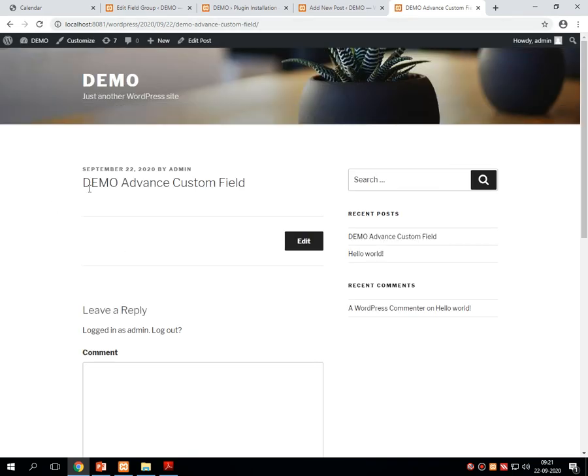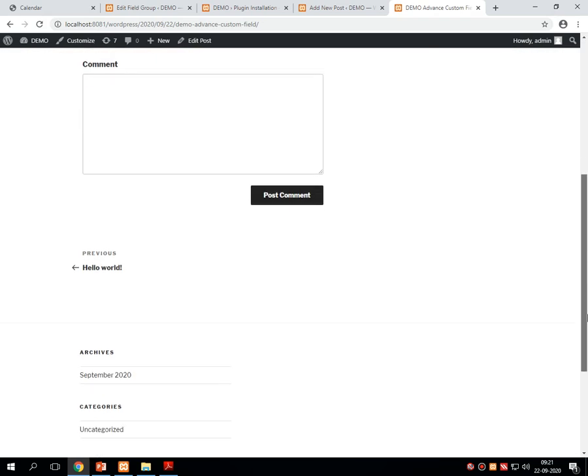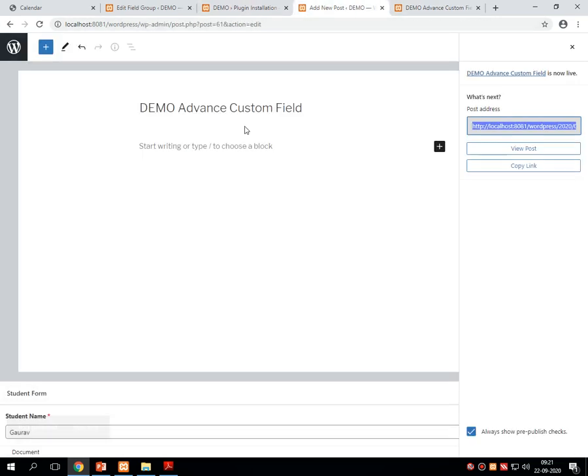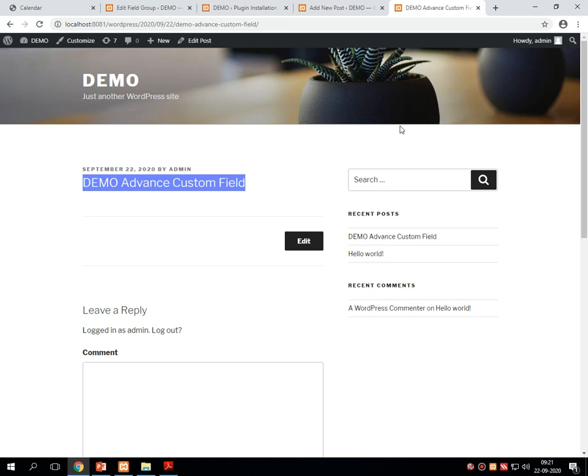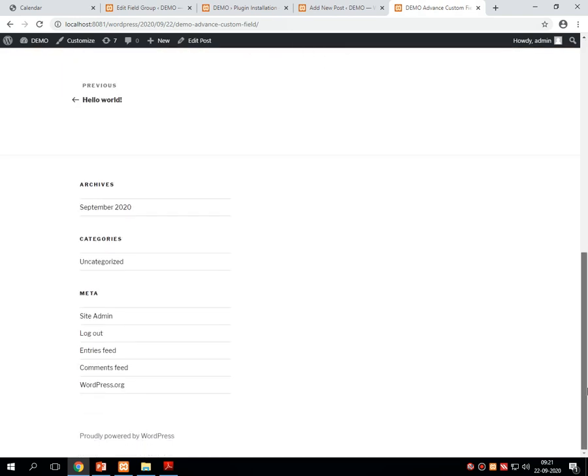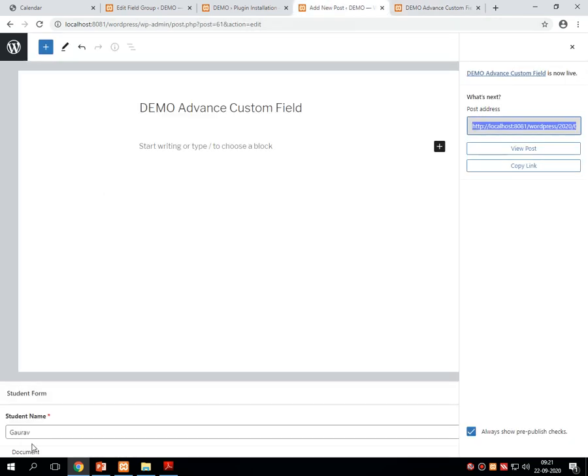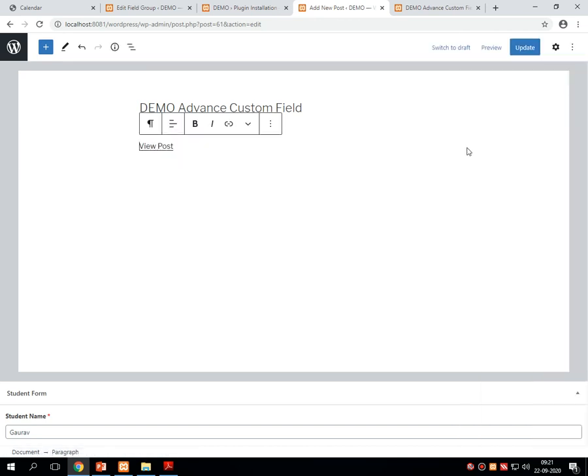Fine. This will be demonstrated over here. Clear? But there is no data of the form that I have filled over here. It just gives the post with the name. We'll learn how to display the data on this particular screen also, but we'll see that later on. We'll expand this form first. So this works perfectly. Even you can view the post by clicking over here.